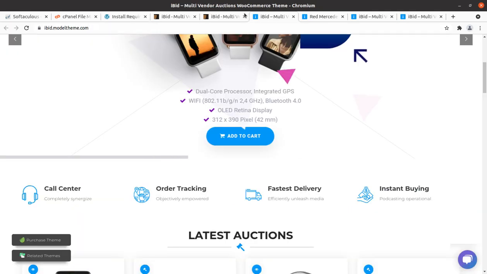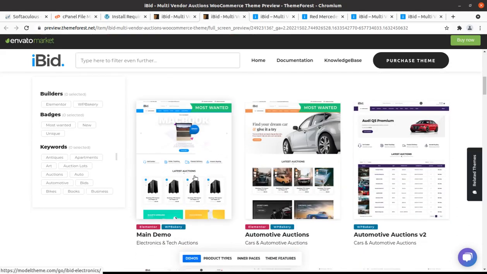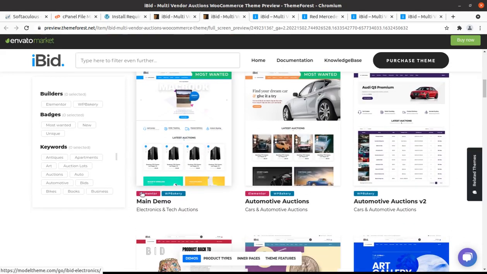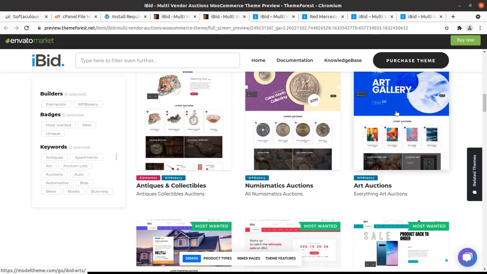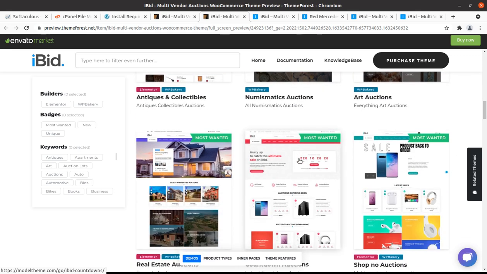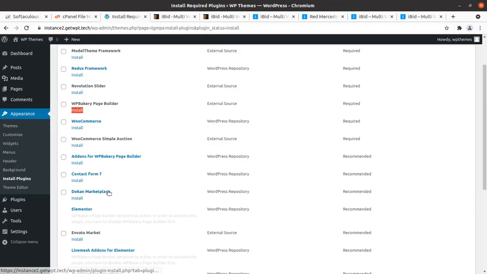I must tell you, pre-made websites are available in both Elementor and WP Bakery page builder formats, and some websites are available only in WP Bakery page builder. So you have to choose, and what you need to choose you have to decide on your own. If you choose an Elementor-based website, you can use Elementor. If you choose WP Bakery, however, in some of the pre-made websites both options are available, so you have to choose accordingly. Again, we are coming back to the screen.